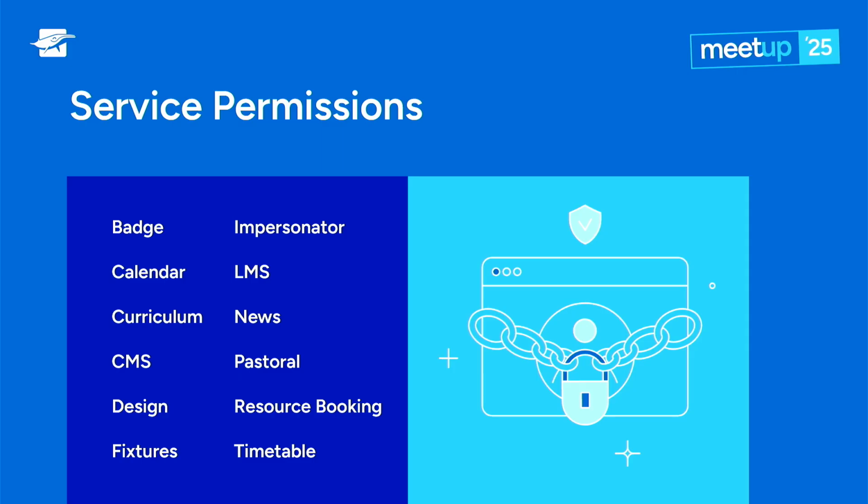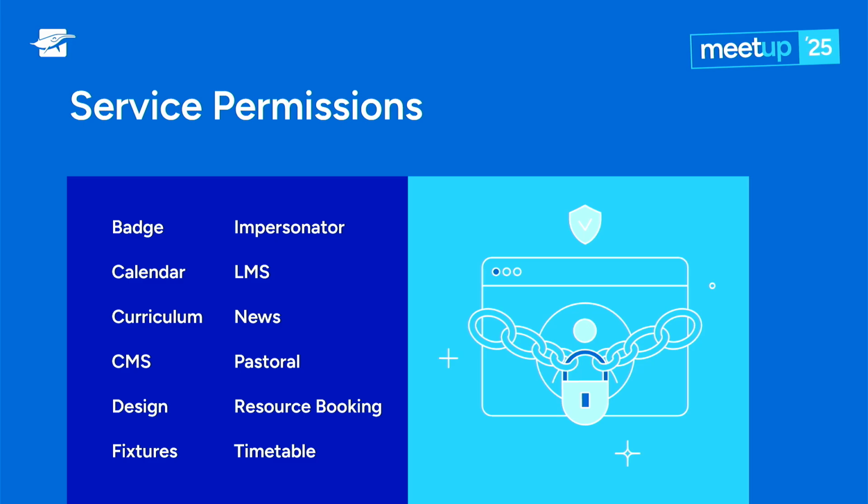So one of the things about Schoolbox is we've actually had most of these for a long period of time. And these service permissions are designed to restrict down the access. But one of the things we did in 24.1 was completely redesign how the administration area and the administration of Schoolbox worked off the back of these service permissions. So with these service permissions, there's 3 key concepts, but I really wanted to just run through these pretty quickly and give you a sense of the key changes and the key pieces that are helpful.